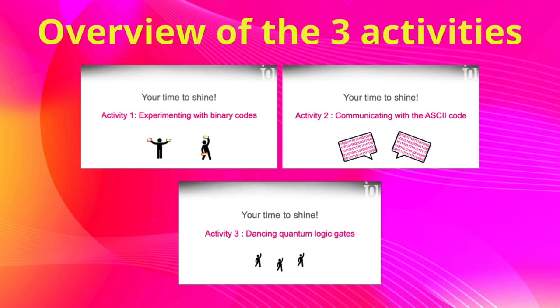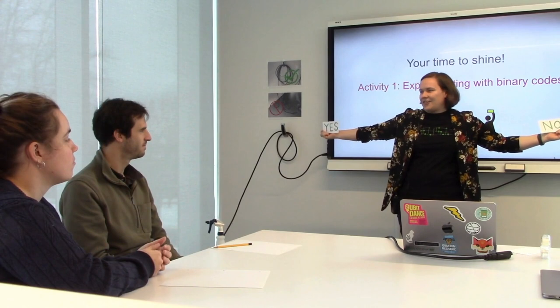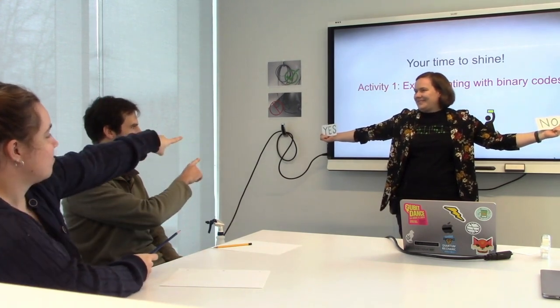The three activities are incorporated in the presentation, so you'll know when it's time to do each one. The first two activities focus on binary code as used in classical computers, where you only have 0 or 1, and you use this binary code to compute more complex information and operations. With the first activity, the students familiarize themselves with having pairs of answers used with their literal meaning of yes or no, 0 or 1, with a convention based on how you point at them, left and right, up and